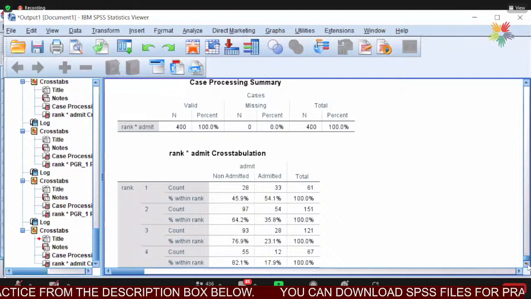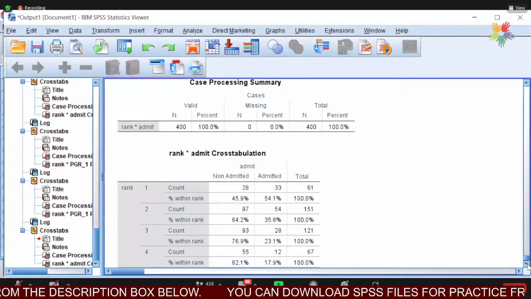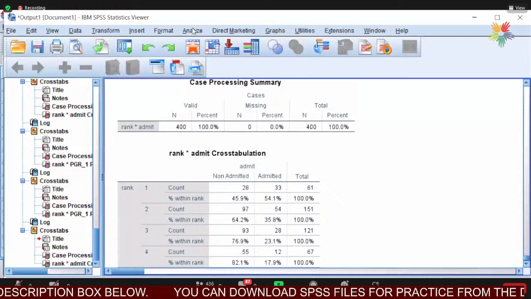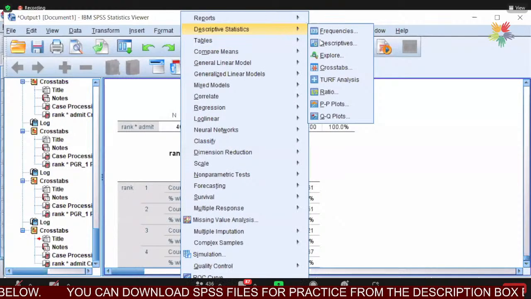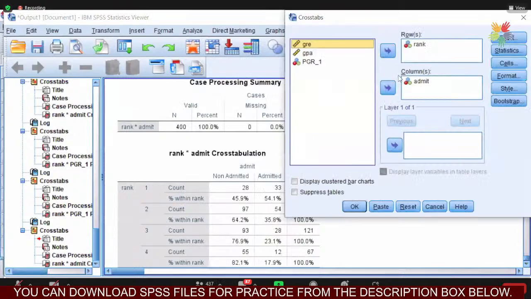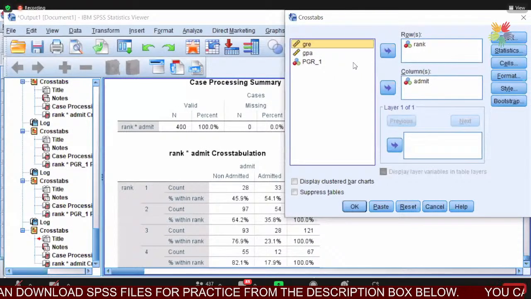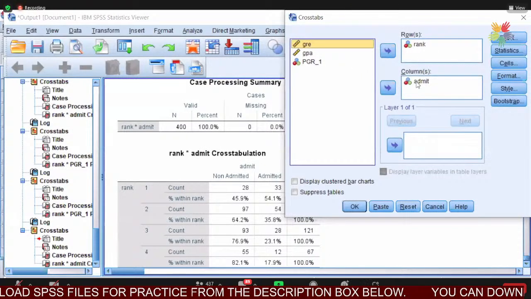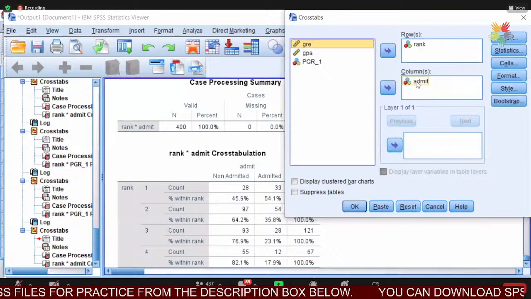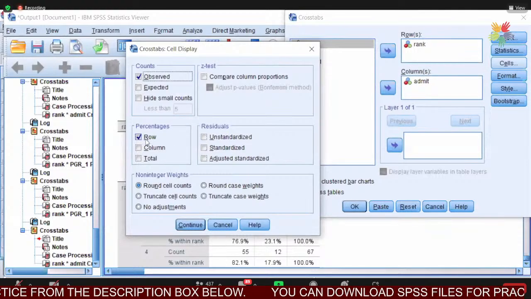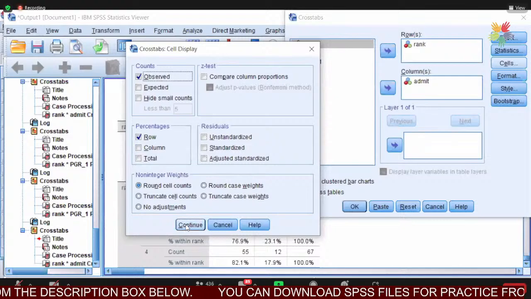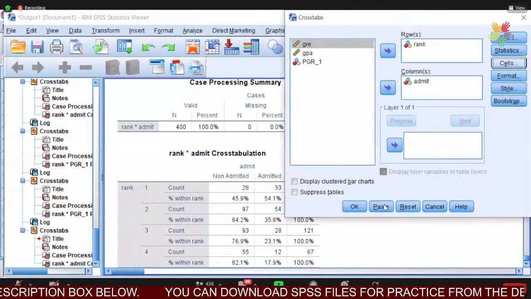Yes, sir. Now what I have done is, let me perform again so that you will see. So now analyze, cross descriptive statistics, cross tabulation, rank in the row, and admit, that is our dependent variable, into the column. Then cells, row percentage. First I put column percentage, that is row percentage. Now you can see